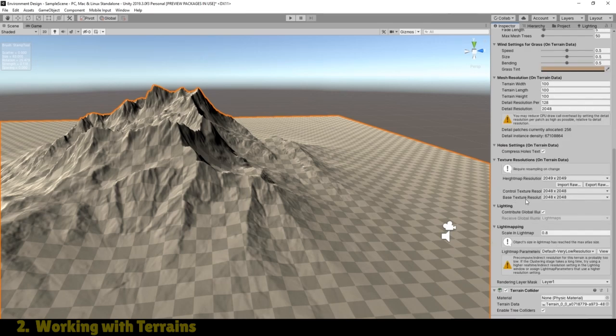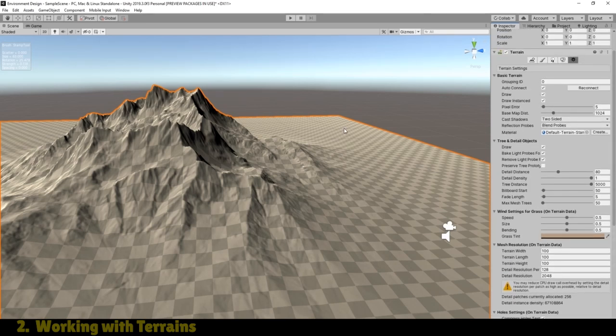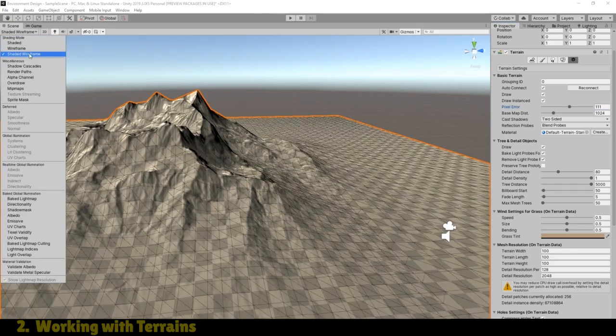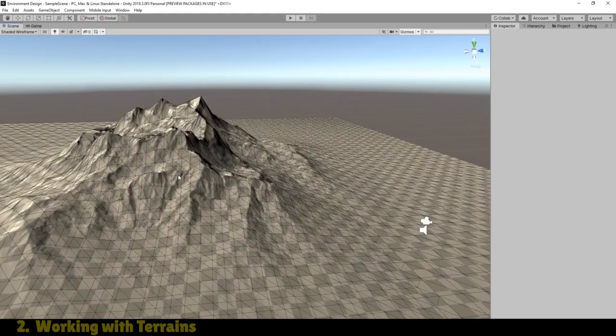The height map resolution. Okay, so remember, the height map resolution is basically just an image that's defining what this terrain should look like. This pixel error is how accurate the deformation of this terrain is going to be according to that image. So if I increase this pixel error, watch what happens. Notice how it's sort of deforming and becoming less and less accurate. If I just switch my shaded wireframe back on, you will now notice it's using fewer polygons,